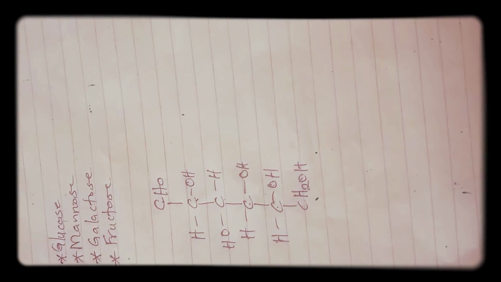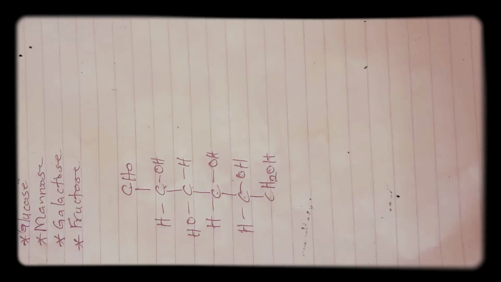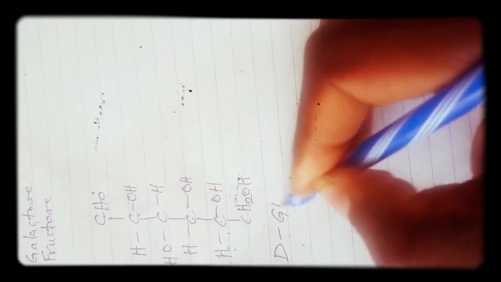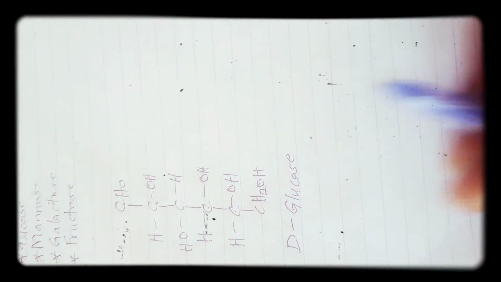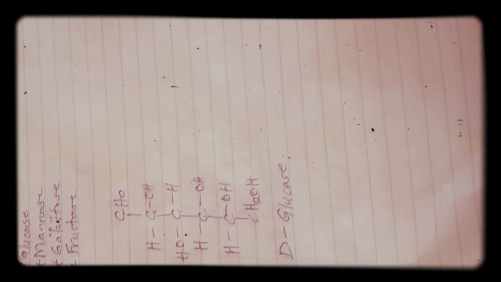So if you check clearly, this is how glucose is written in Fischer form, and it will never change. It's always this way. To be precise, this is a D-glucose. Just master it this way. In the next video I will show you why it is called a D-glucose. So there is a keyword there that will help you to write the other monosaccharides, and the keyword is